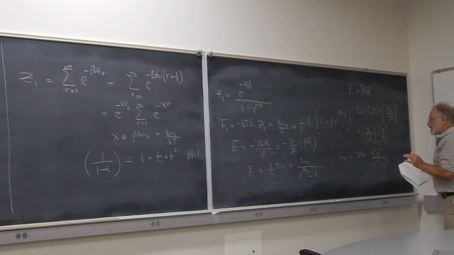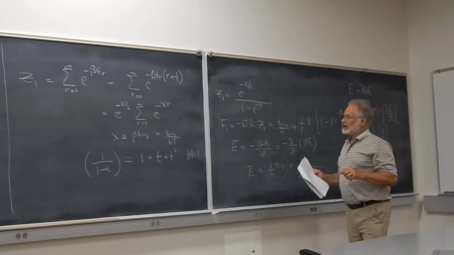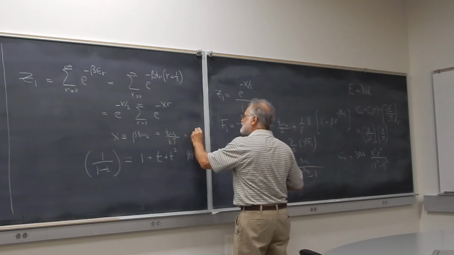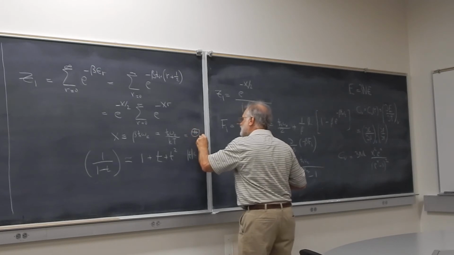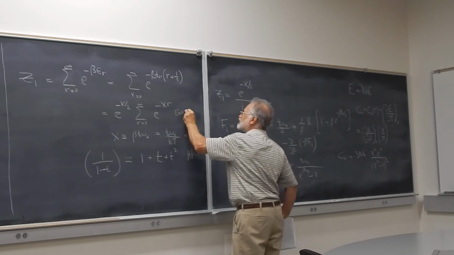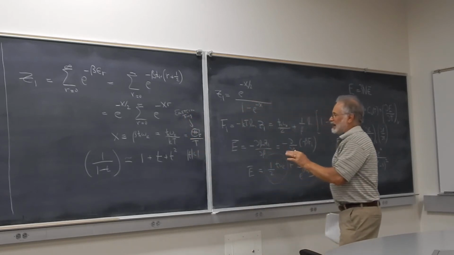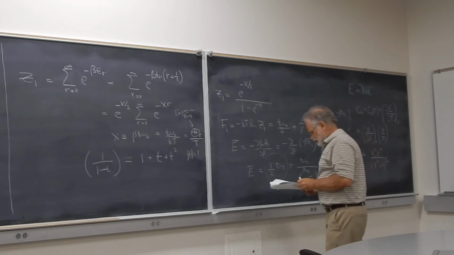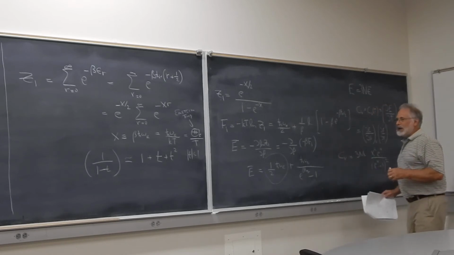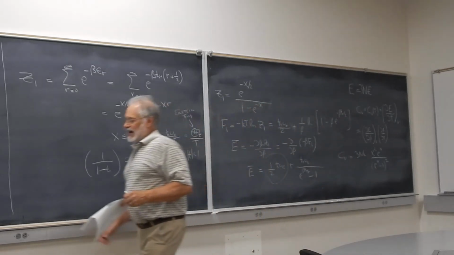We're going to write this slightly differently. We're going to write where x is equal to, as we said earlier, x is equal to h bar omega e over kT. I'm going to write that now as capital theta sub e divided by T. We call capital theta sub e the Einstein temperature, and it's equal to h bar omega e divided by k. It's interesting to take this expression and to look at it at high temperature and low temperature limits. Let's do that next.